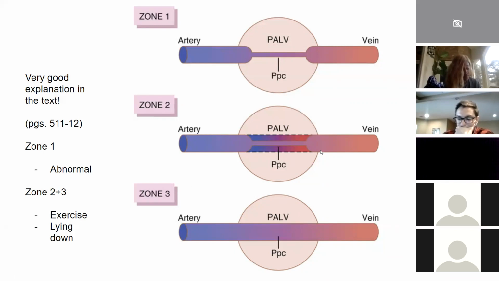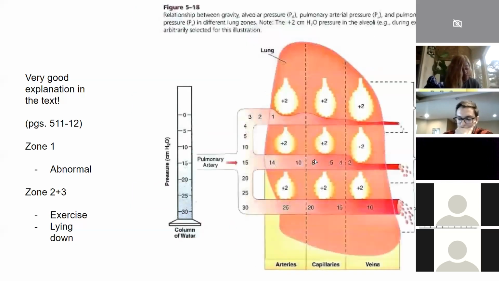It's also interesting to notice that you can vary between zones. One part of the lung might be zone 2, but then when you're exercising a lot or your heart's pumping a lot, you can convert that zone 2 to a zone 3 because the pressure from the heart will be so much greater. And so you have this always open. So even during the diastolic phase, you wouldn't necessarily be snapping that area shut, if that makes sense.